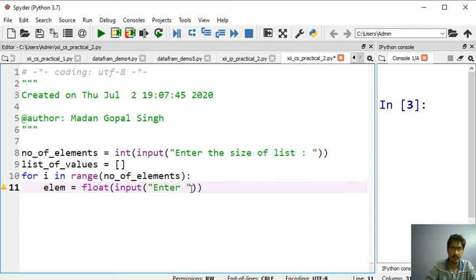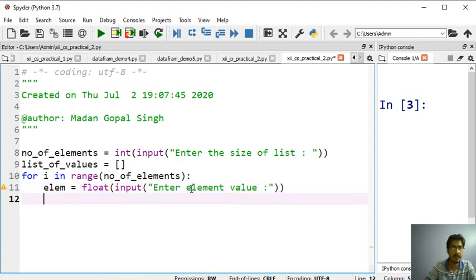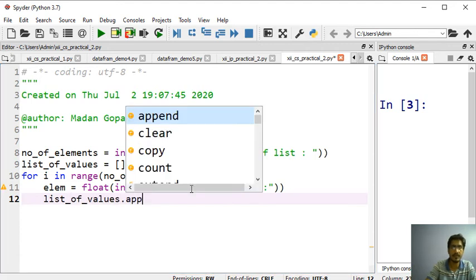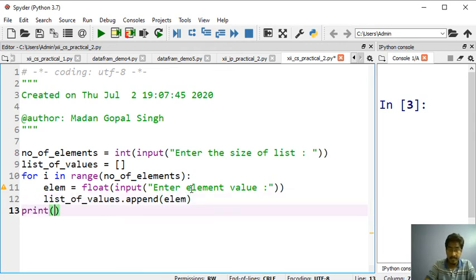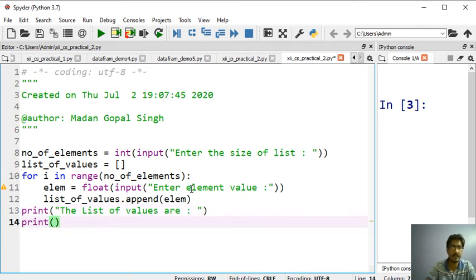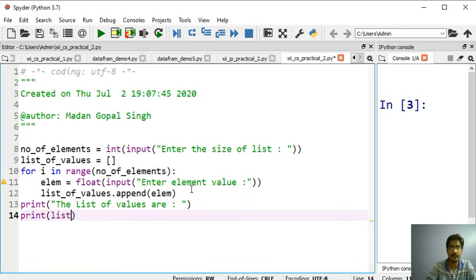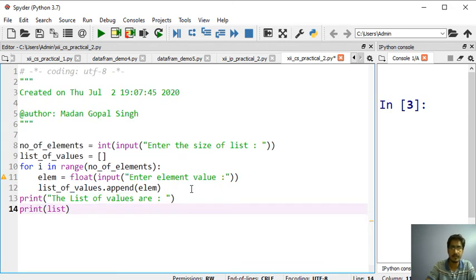Enter element value. Each time we will enter the element value, then we will add it into the list of values using the append method. We will use elim. Then we will print the list of values. The list of values are, I am printing it so that you can see, list underscore values.